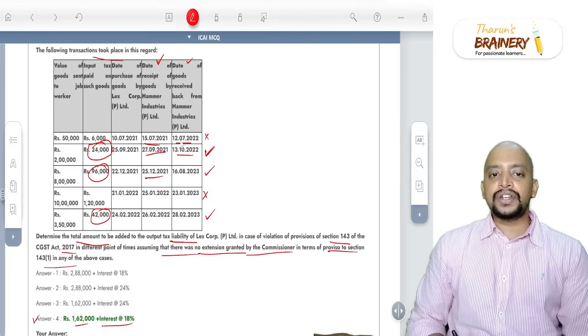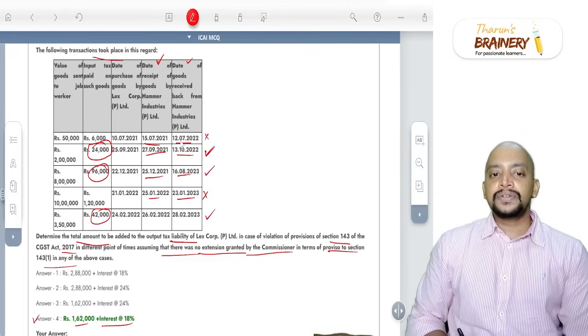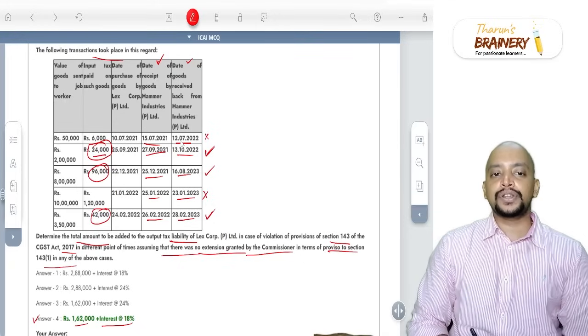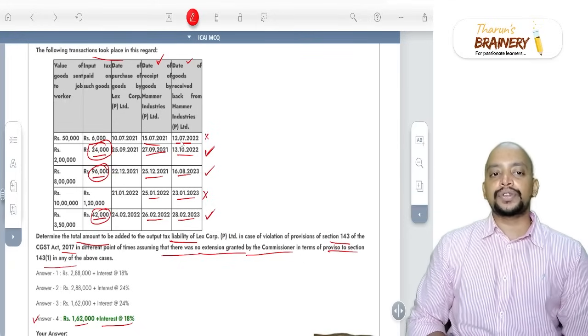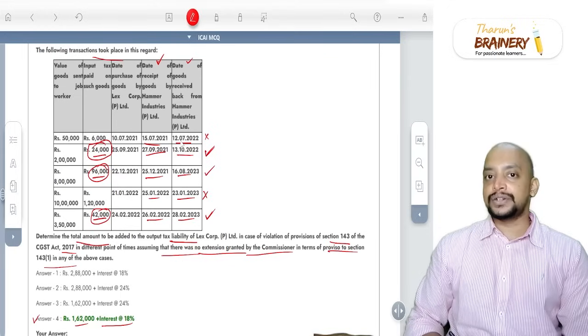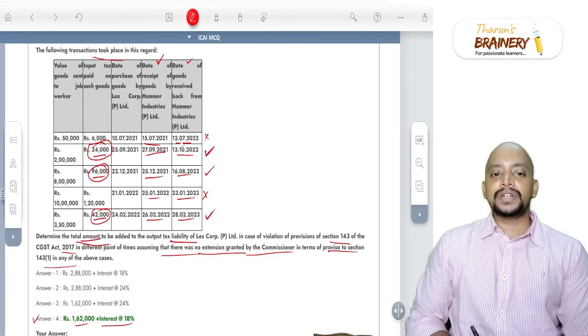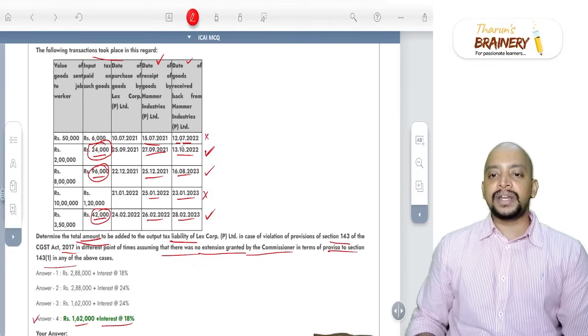Then next one, 25/12 to 16/8. Within 1 year or beyond 1 year? This is 2023, beyond 1 year. 25/1/2022 to 23/1/2023, within 1 year. So no need to add. 26/2 to 28/2, beyond 1 year. So we need to add it to liability. So 24,000, 96,000 and 42,000. It will be 1,62,000. And what is the total amount added to the liability of Lexcorp in case of violation